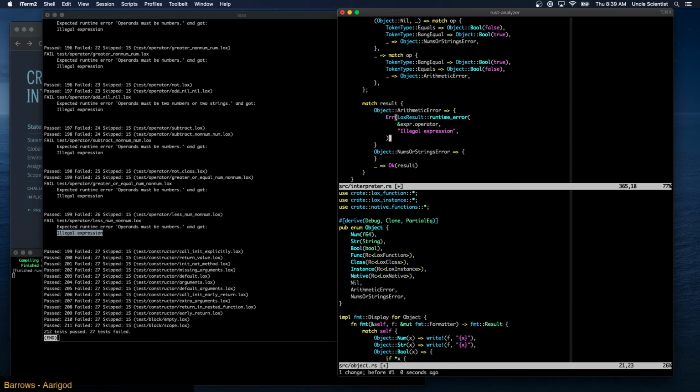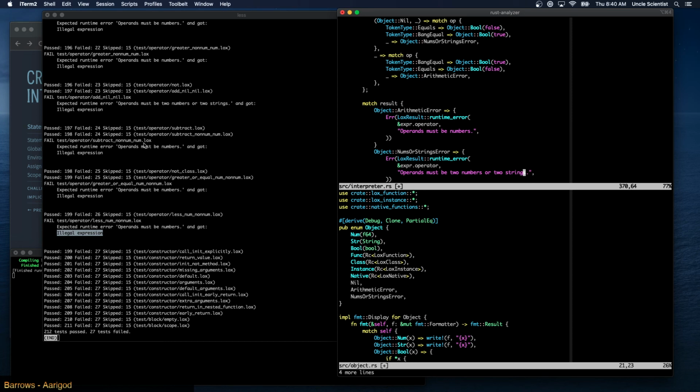Can make this the operands must be numbers, and this is operands must be two numbers or two strings.